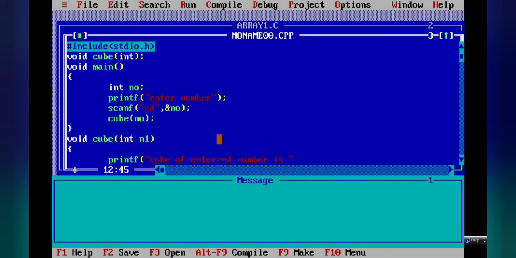Now we will perform the cube operation. Whatever data we have passed will come here into this formal argument. So suppose you enter the value 5, then this 5 will be stored in number, and then the control will come to this cube function, and the value stored here is now stored into the n1 variable.